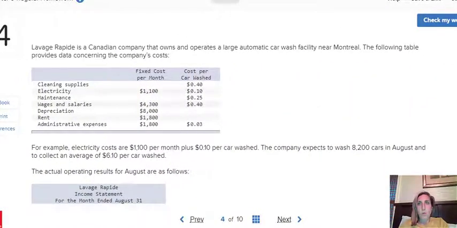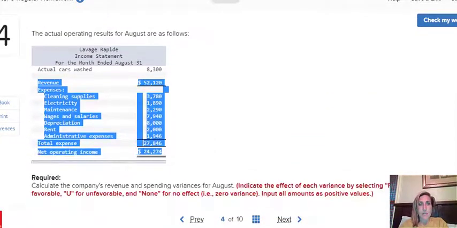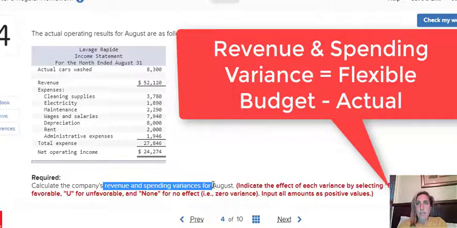In this video, I'm going to walk you through the Chapter 9 regular homework question number 4. First of all, it's important to notice what the question is asking. The question is asking you to calculate the company's revenue and spending variances. When you calculate the revenue and spending variances, you need to analyze the flexible budget compared to the actual